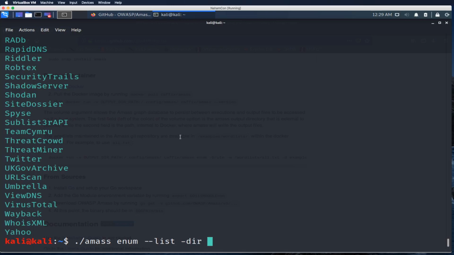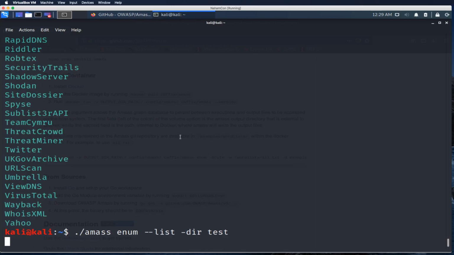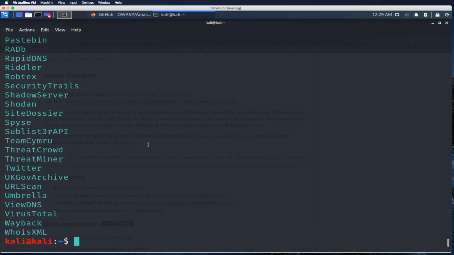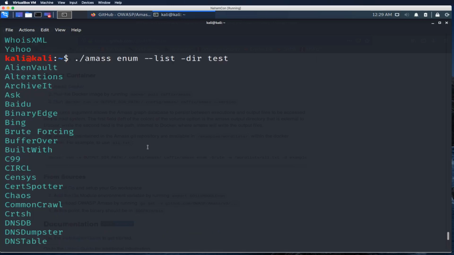If we're specifying a different directory, let's see if it included... well, it didn't. I was going to say it should include Asset Finder, but I have a feeling in the next release it will. But either way, it prints out the list of